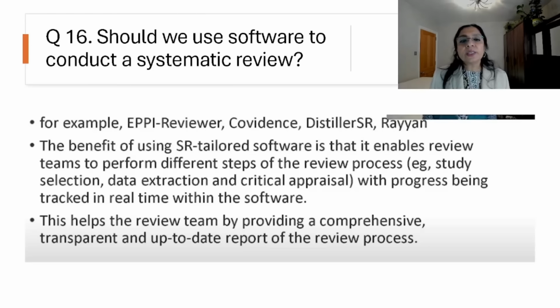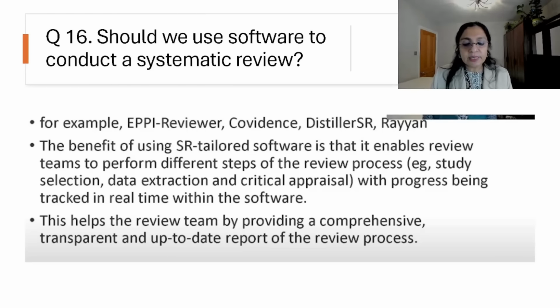We can also do systematic reviews without any software, but it is a more tedious and laborious process. By using software, you can simultaneously work on certain steps, see how progress is made, and monitor the systematic review process in real time.